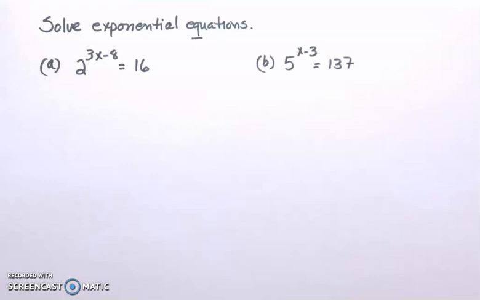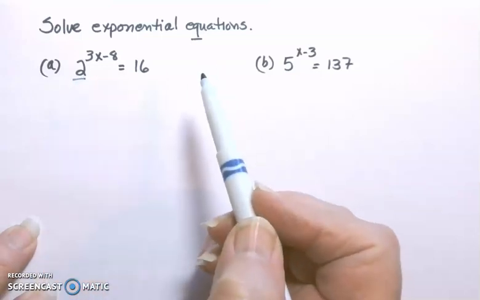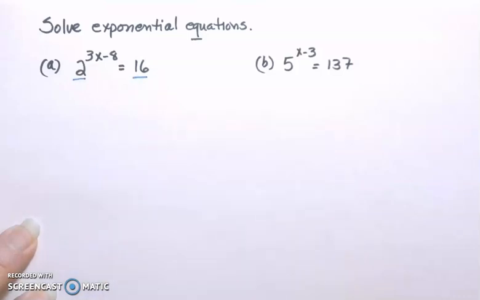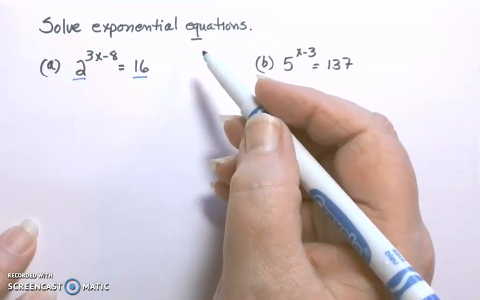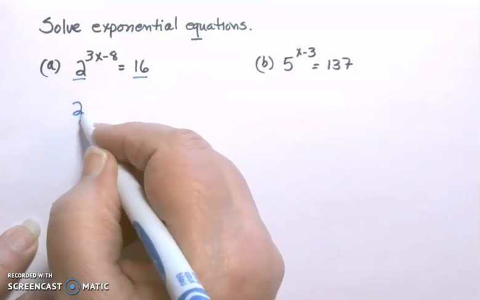When you have exponential equations and you're being asked to solve them, the first thing you want to look at is whether or not you can rewrite the bases in terms of a similar base. So let's look at example A, and since this is 2 raised to a power, is there a way to express 16 as a power of 2? So if we think about 2 times 2 is 4, times 2 is 8, 2 times 8 is 16, we can write this as